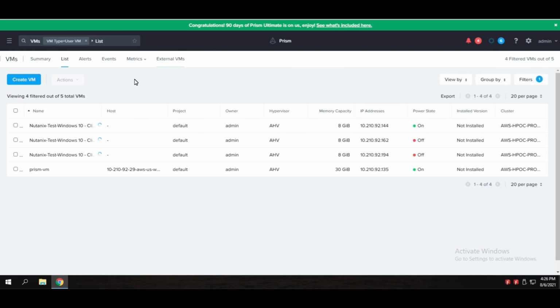So I've got the 3 Windows clients from Phoenix, I think it was, and those are being provisioned and subsequently powered on. And after a refresh here, you'll begin to see those VMs from North Carolina also show up here